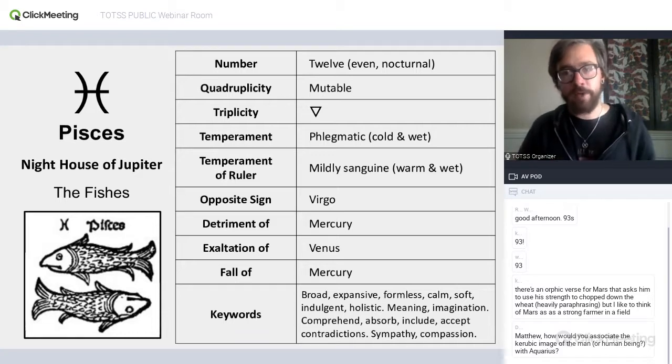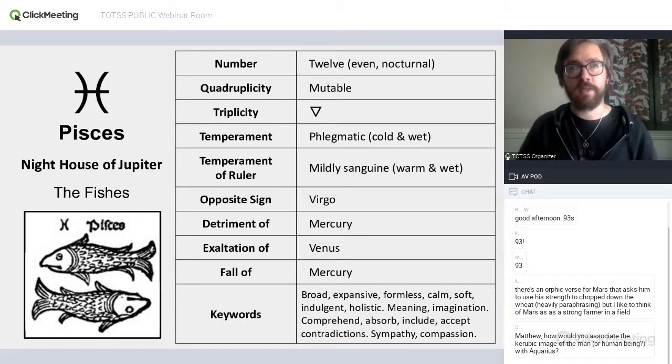If you have Mercury in Pisces, it doesn't mean that your intellect or language or whatever is bad in some way. I've definitely seen a number of poets and writers who have Mercury in Pisces, though it is difficult. It's a difficult thing to do, and there's a lot of value in doing difficult things, right? So Mercury in Pisces can still be really excellent, and there are lots of other things that we want to take into account when assessing the quality of a planet, besides just what sign it's placed in. But certainly Mercury struggles in Pisces.